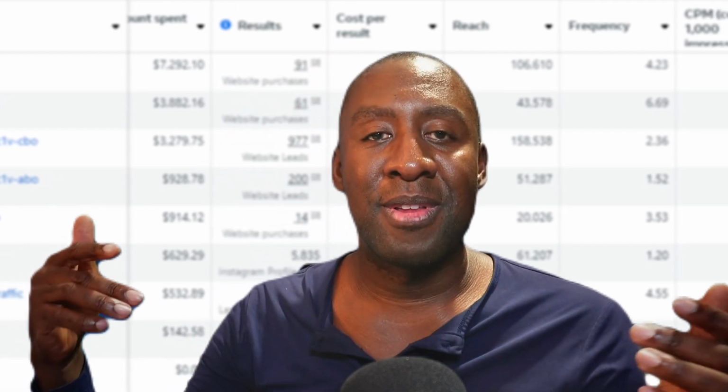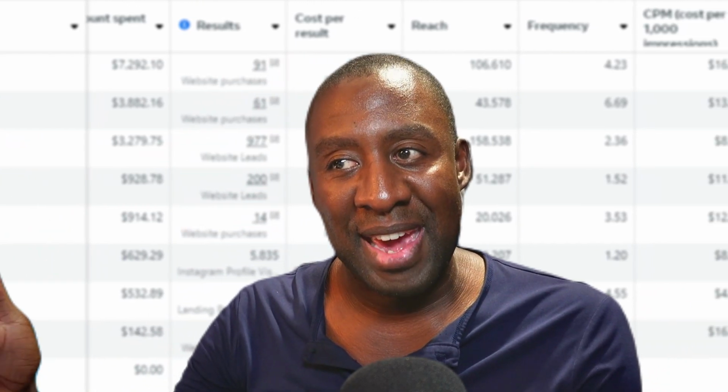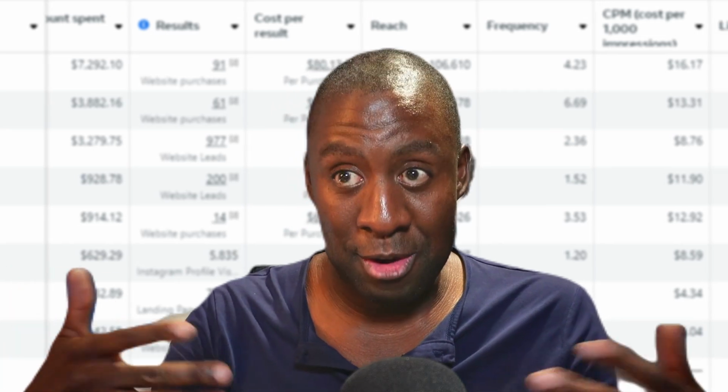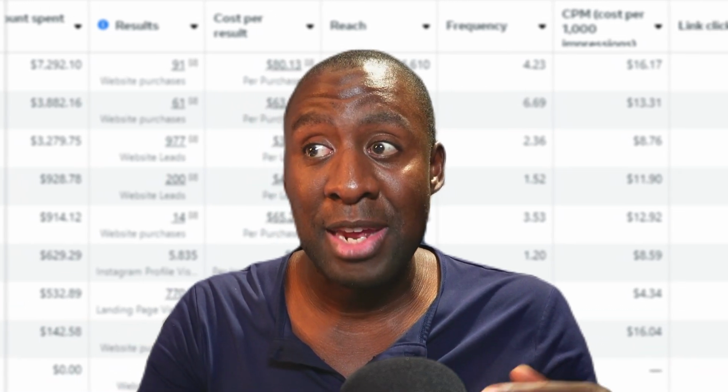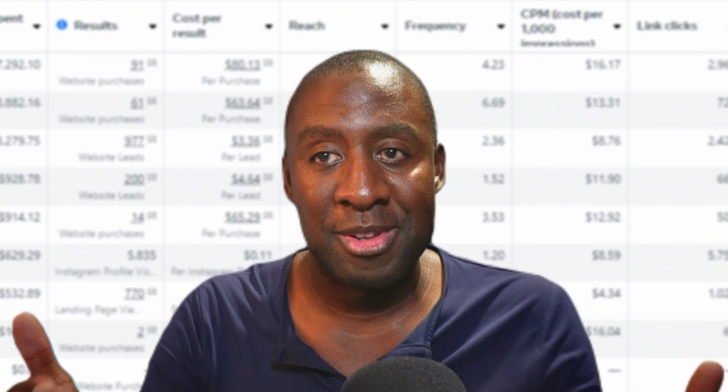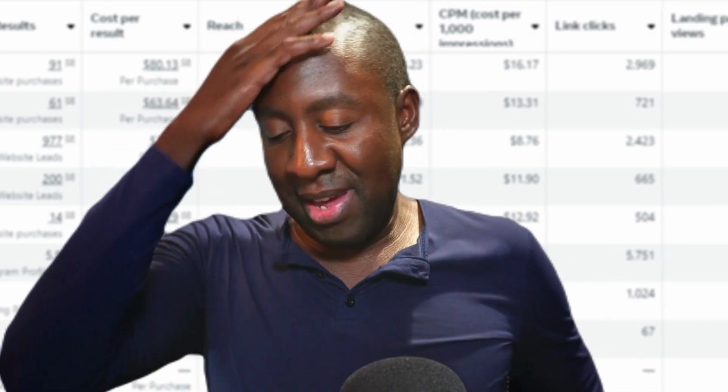Meta looks for the cheapest opt-ins. Meta doesn't care, or well, they do care about your business, and they want you to give them money, but they don't know what kind of business you have specifically. Their bots might, as they crawl your page and your ads to make sure your ads and your landing page are in line with Meta ad policy. But what I'm getting at is they just are looking for the best leads. And if you leave the targeting open for your ads, when I say open, I mean specifically if you don't target the countries you want, you're going to get leads from like the MENA region, which stands for, this is